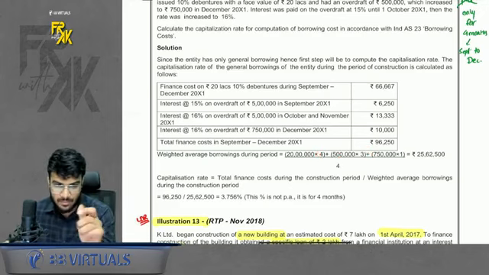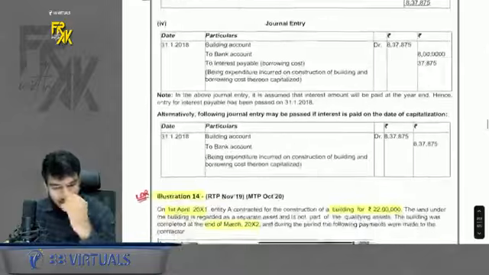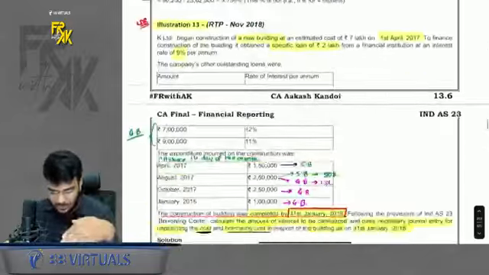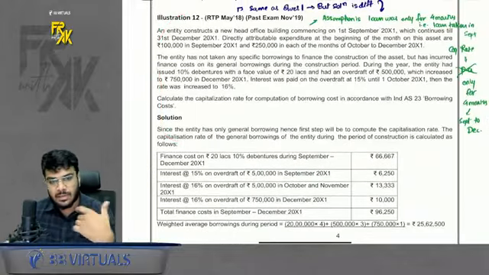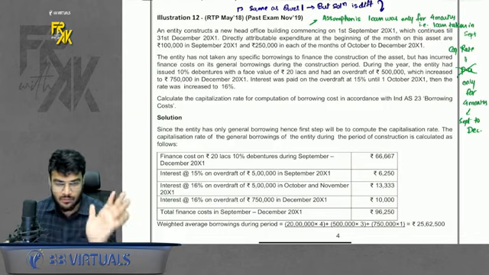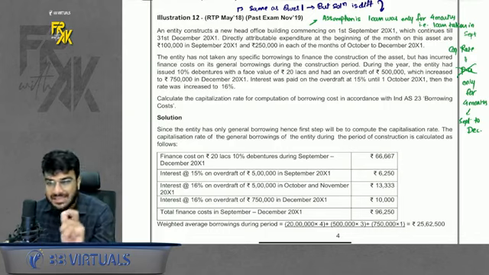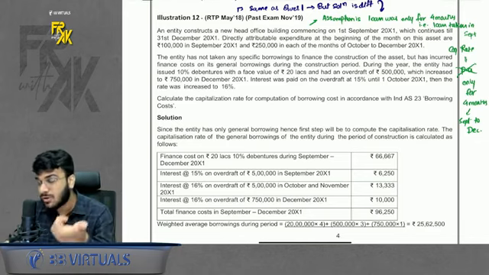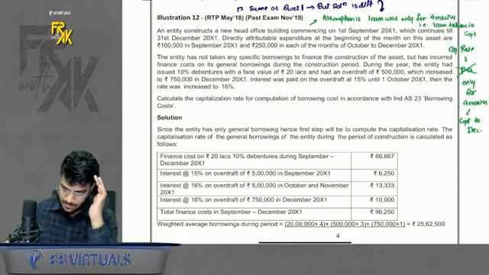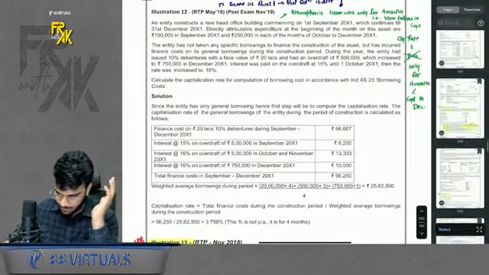How do we solve this in the exam? I have thought of one approach of taking 12 months. You can also practice this approach and solve it in the exam as per this approach only. If nothing is mentioned, you can assume anything and write a note of whatever approach you are following. If the question specifically says that the loan was taken on a particular day, then fine, use 4 months. If it is said that the loan was taken on the first day, then fine, use 12 months. Simple. So apply your logic in exams. As simple as that.